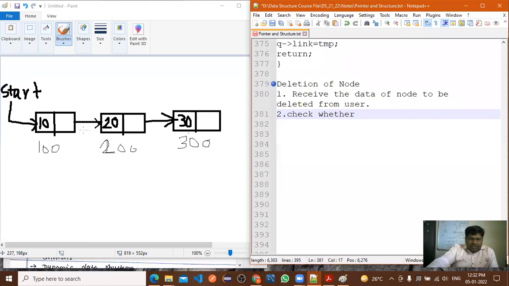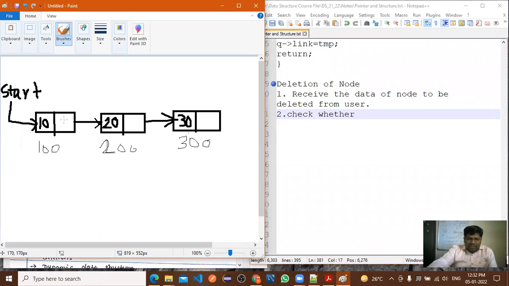Start link I am talking. Start of link is 200, sir. 200, right? So here is the start of link. Start of link value is 200, right?